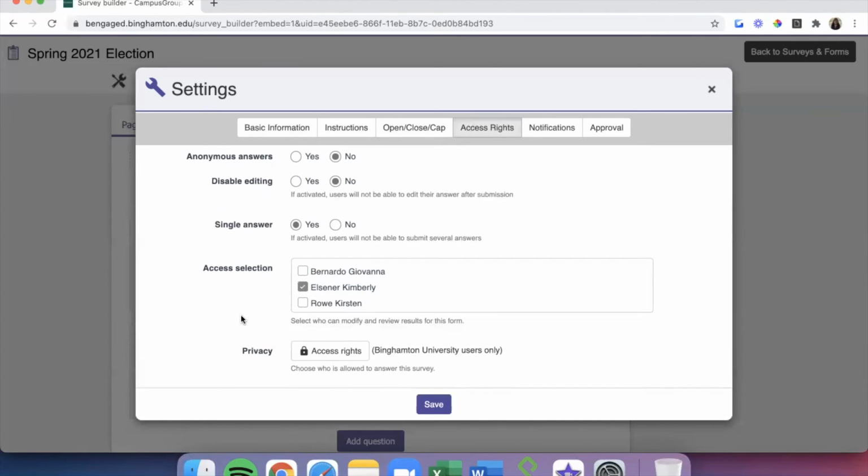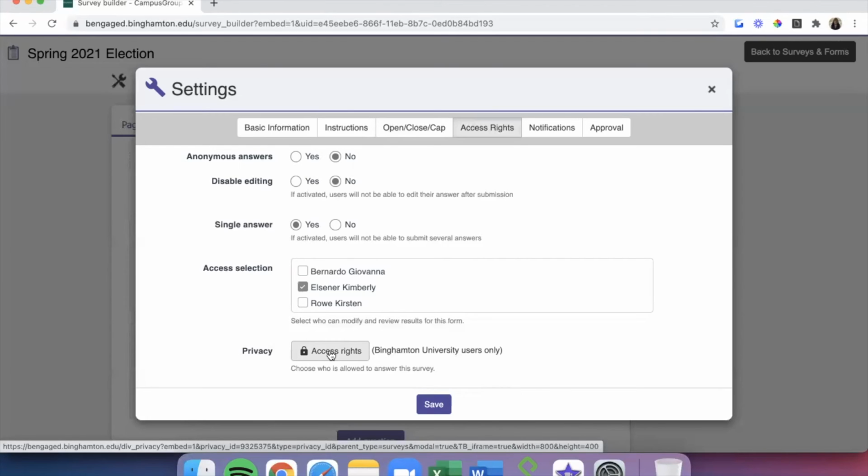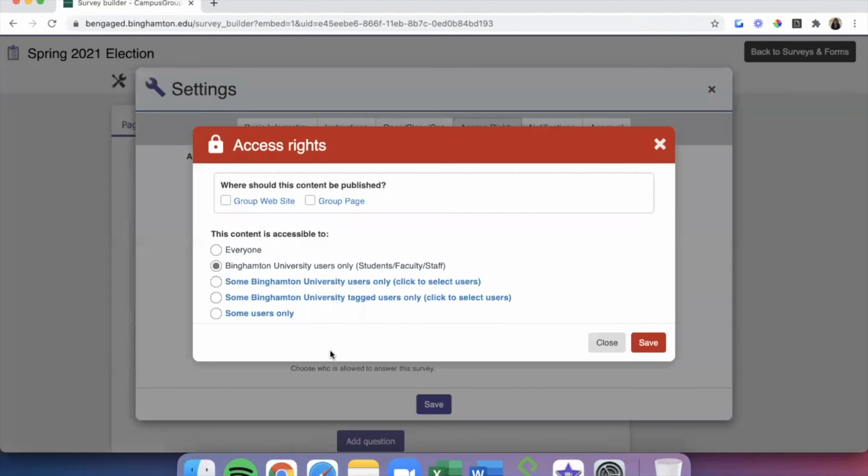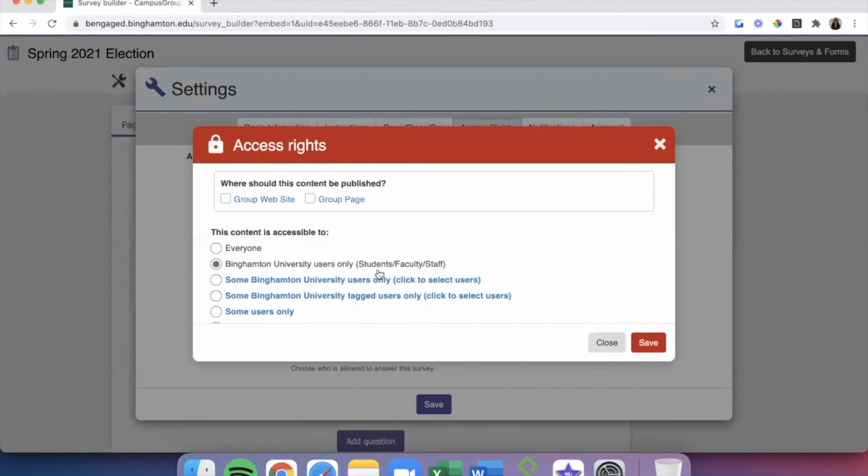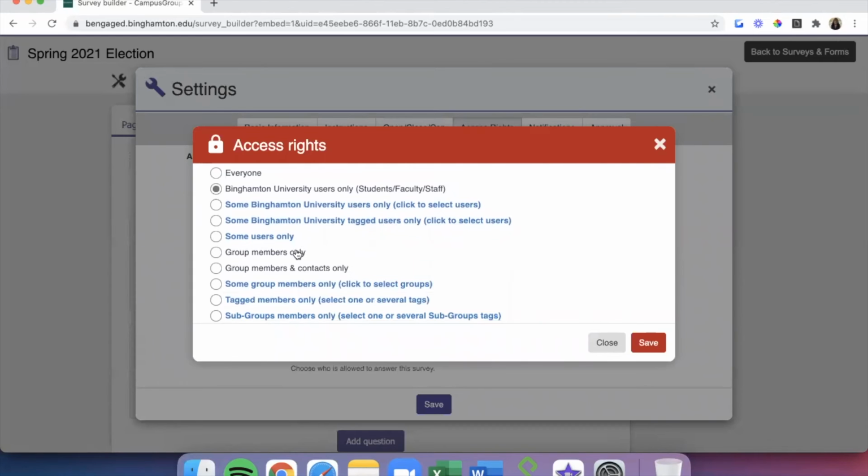Next, we'll scroll down again and click the Access Rights button next to Privacy to decide who can complete the ballot. Since our example is an election for a specific group, we'll scroll down and choose the Group Members Only option to ensure only group members can see the ballot and vote in our election.